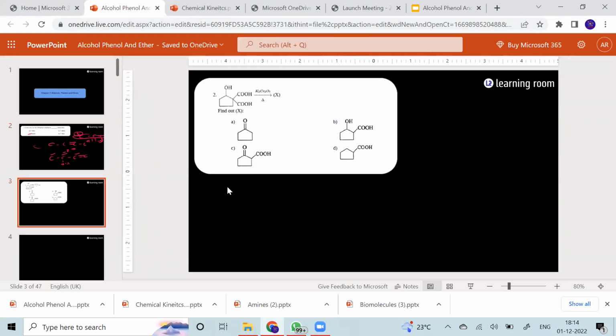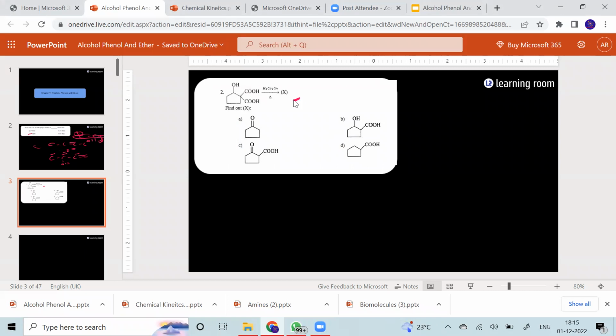Okay, next. We have this particular molecule and we are putting K2Cr2O7. K2Cr2O7 is going to oxidize, and we are heating it also. Now you're saying that this is containing two COOH groups. Two COOH groups on the same carbon atom is a little unstable, and if I have an acid and I heat it,